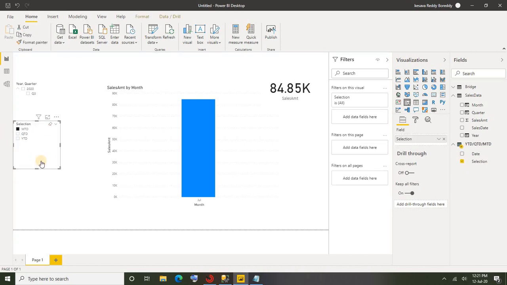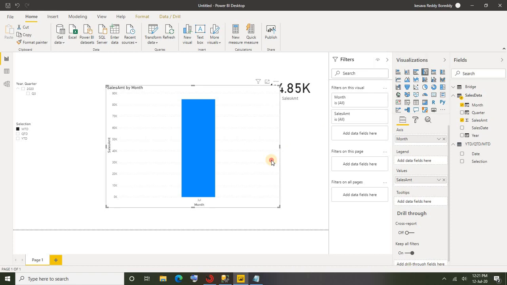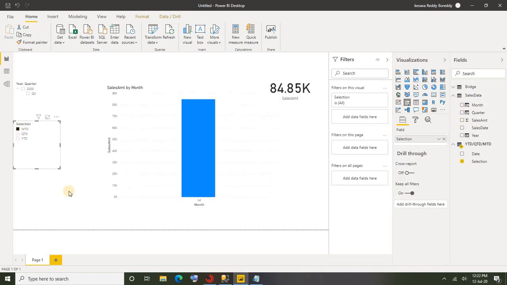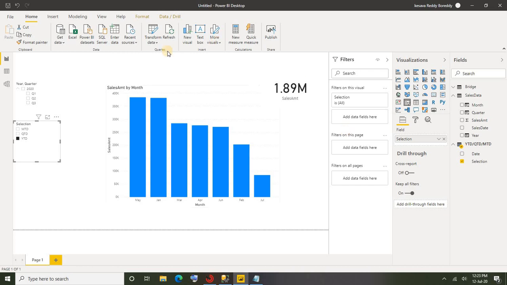All right, if you give this feasibility to your users, obviously they will be more than happy to use this functionality. Of course, if you want to convert this to any other charts like a line chart or something else, you can go for that. You don't need to have pre-calculated measures for MTD, YTD and QTD separately. If you have a table created like this and use those values in the slicer, then based on your slicer value, all the visuals and data cards added in your report will behave and give the calculation for the selected date intelligence. Okay, all right, this is how it works.